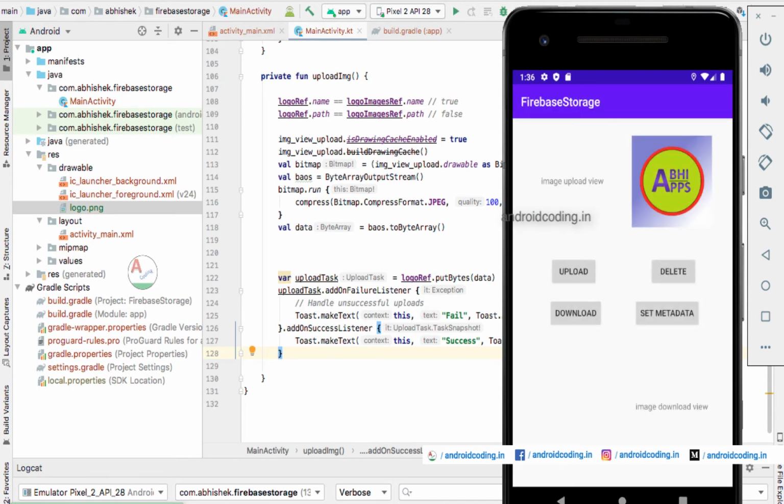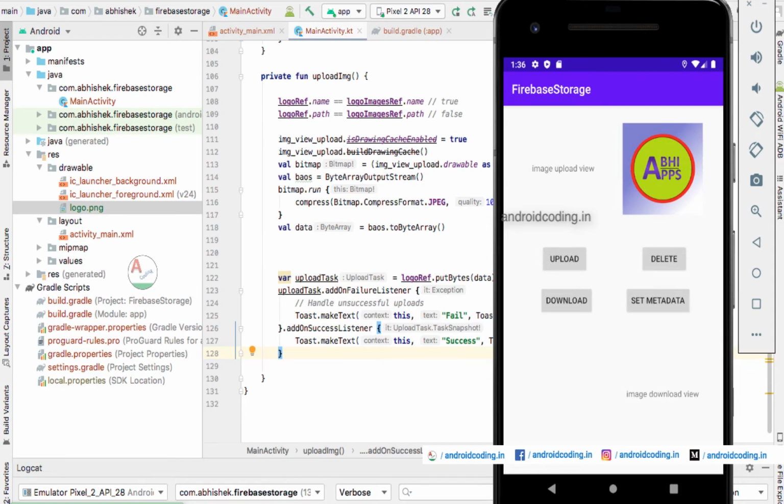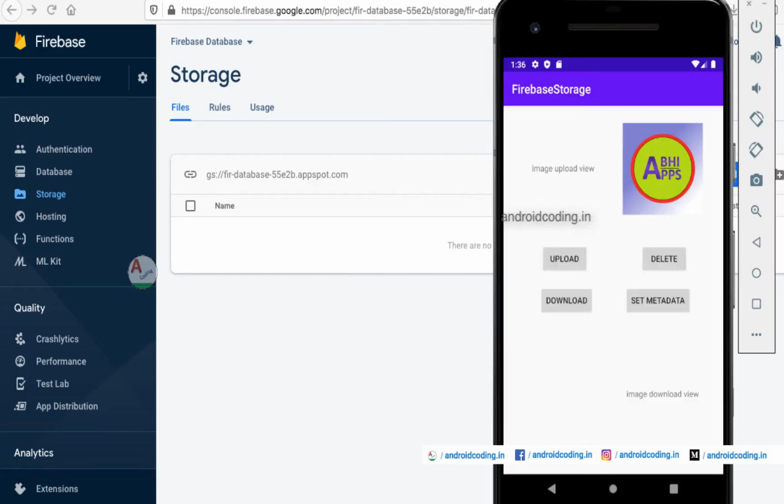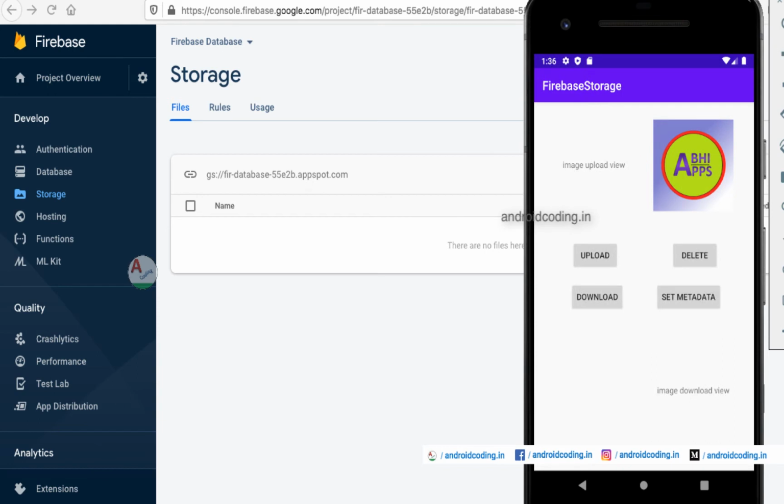So here our application is loaded. Let us place it aside of the database. Generally you can upload the image from the folder of your device also, but I want to make this a simple tutorial. If you really want to upload from the gallery, just comment it down in the comment section. I will provide the code for it also.